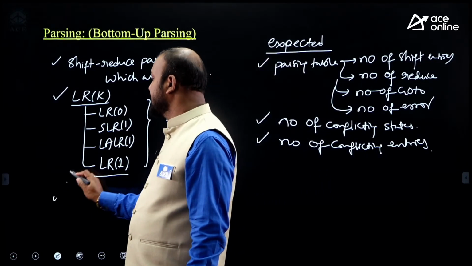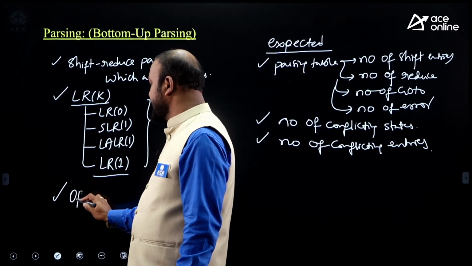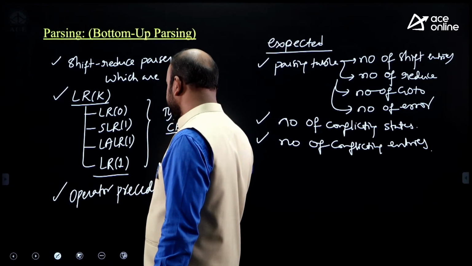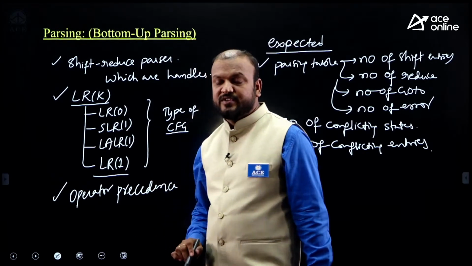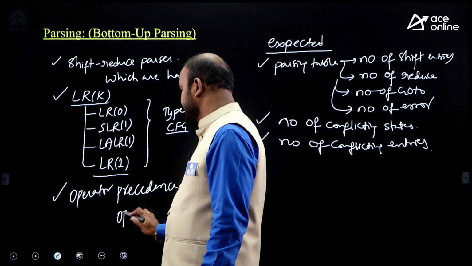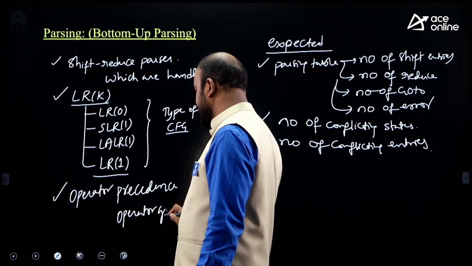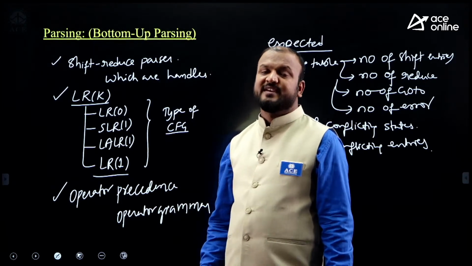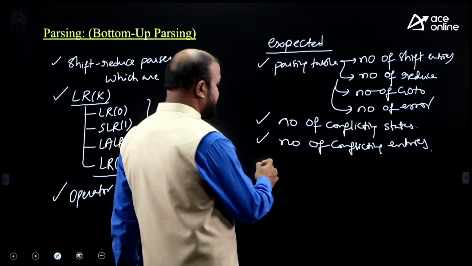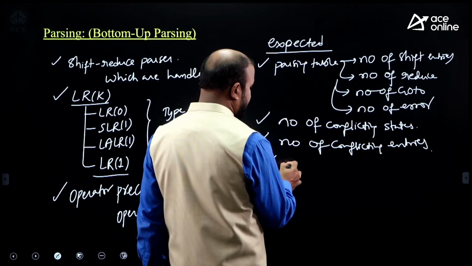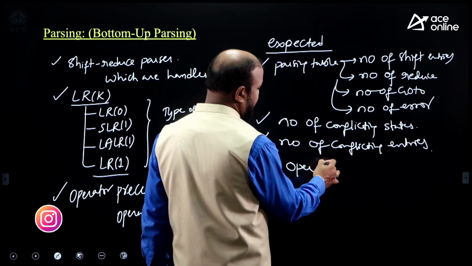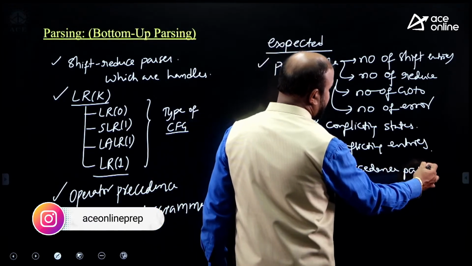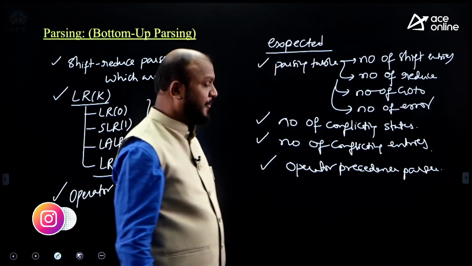And one more approach in bottom-up parsing is called the operator precedence parser. But so far, questions were asked only on operator grammar. Only on operator grammar; no question asked apart from this, such as which of the following is an operator grammar. But still, you can expect more questions on the operator precedence parser. What are the possible types of questions on the operator precedence parser?